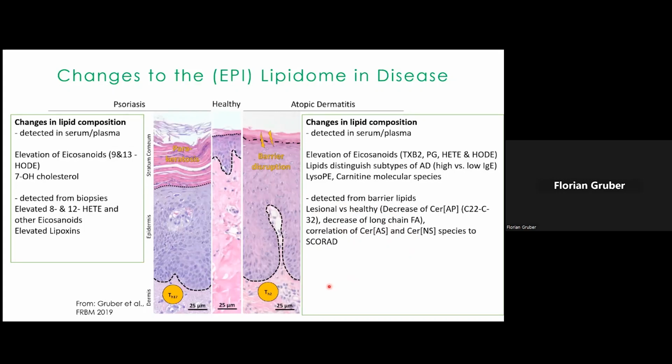However, the changes in the lipids are also likely involved in inflammatory events that characterize this disease, both in psoriasis and atopic dermatitis. Lipids that are immunoregulatory eicosanoids, like these hydroxy, the HODs and HETEs, or at least lipids that are structurally similar to them, are often found dysregulated. And most of the knowledge on these lipid changes came from sampling from the surface, or from biopsies, or